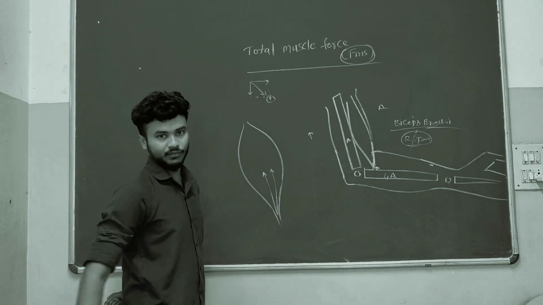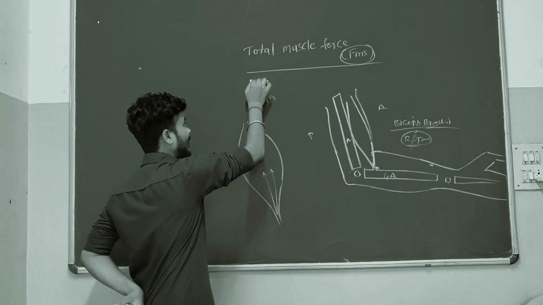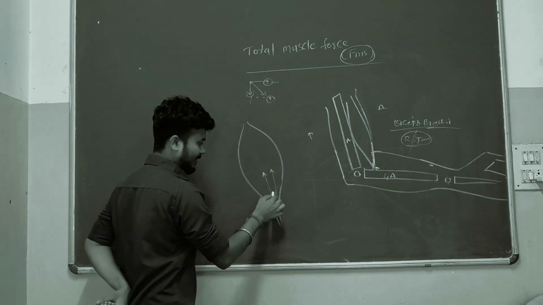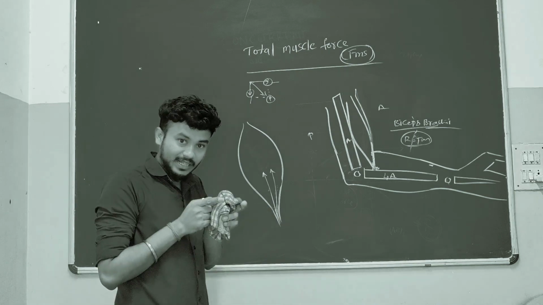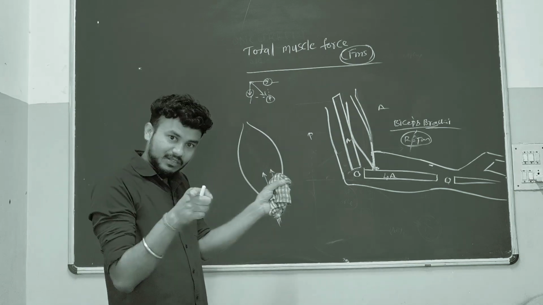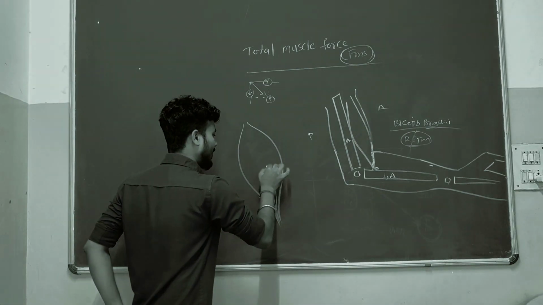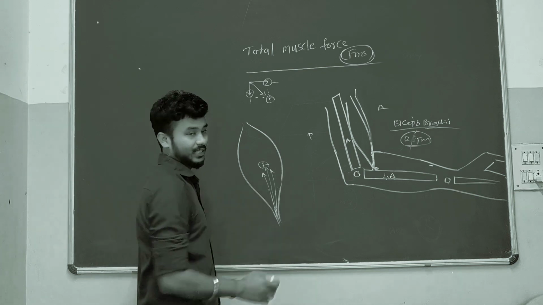Now if you observe, these two muscle forces are in this direction. See, here one force, here one force. Same here also, here one muscle force, here one muscle force. These two muscle forces are in divergent directions. Between these two, one resultant force will come. So here one resultant. Okay.